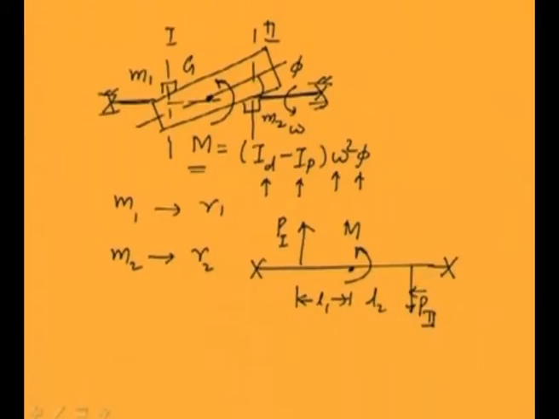So we need to satisfy P1 L1 plus P2 L2 equal to the moment which is coming from the inclination, and also P1 should be equal to P2, because they should not give any unbalanced force. They should balance the couple only, and they should not introduce any other centrifugal force. So whatever correction masses we are putting, they should be equal. That is given by the second equation.